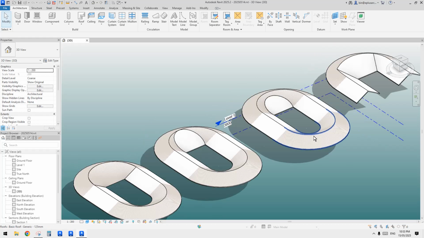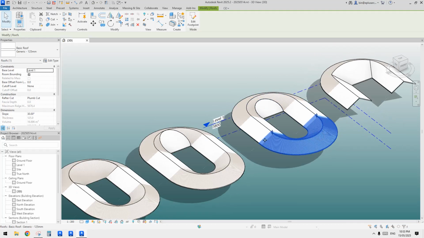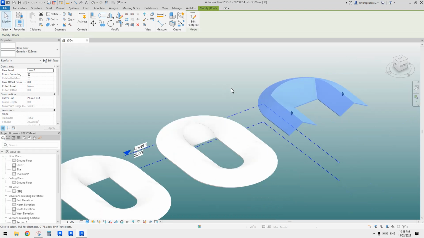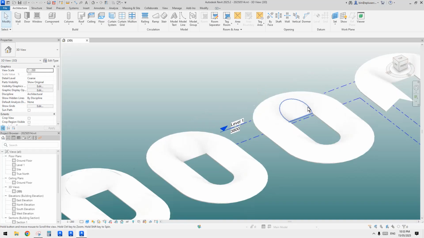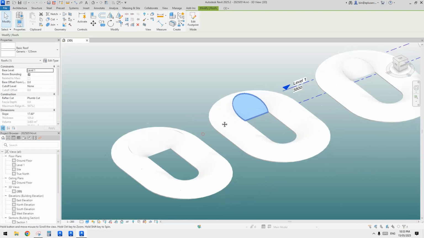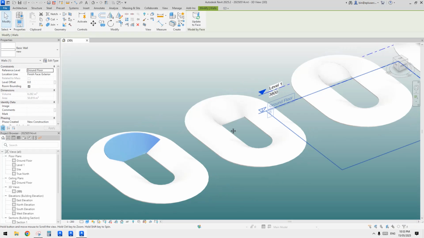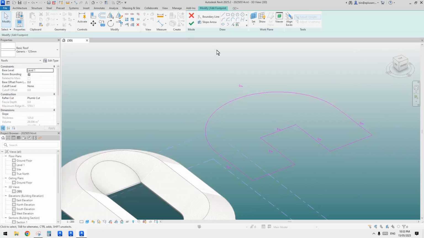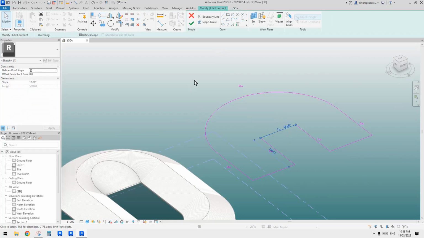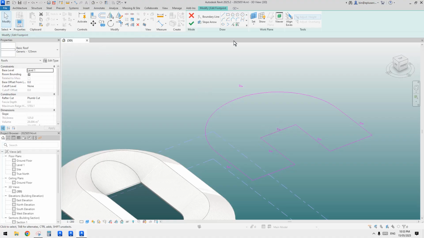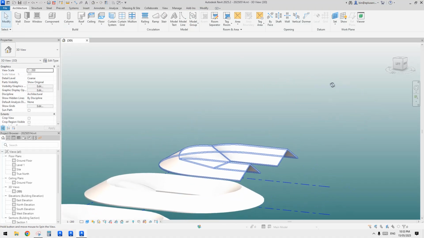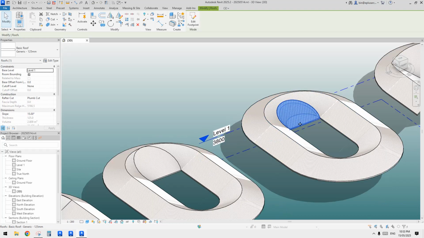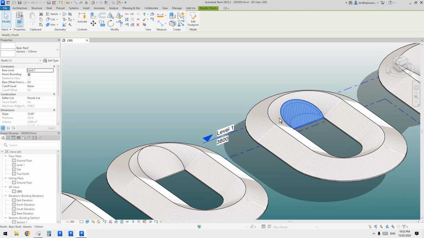So last time we did this exercise. We used a basic roof. Try to create this little bit roof. So we used a different method. This is not just using a defined slope onto the edge, so this is not ideal. And we also tried to create a separate roof to match to